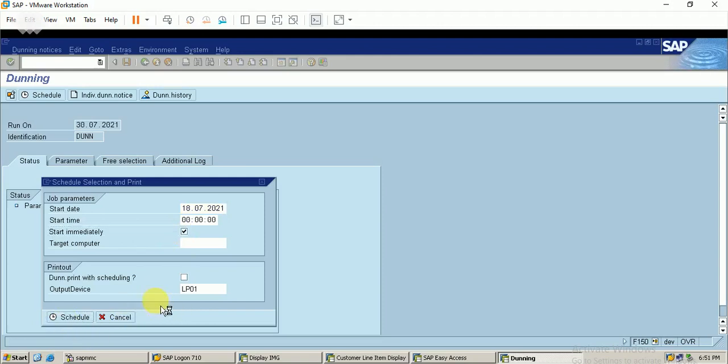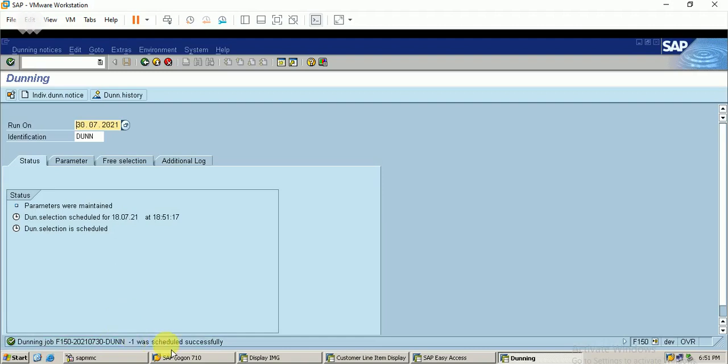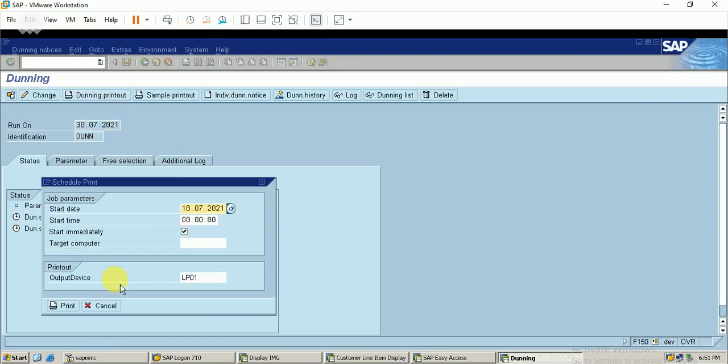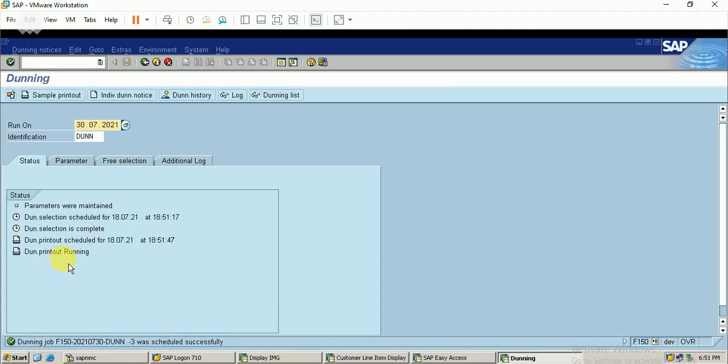So you can see the dunning selection is complete. I just go to the dunning printout. Print. The dunning printout is running. I just make it complete. Once you have clicked on this, the dunning printout is complete. The individual dunning notice, I just click on it. Okay, the company code, the customer. Okay, just go with the test run with the log,